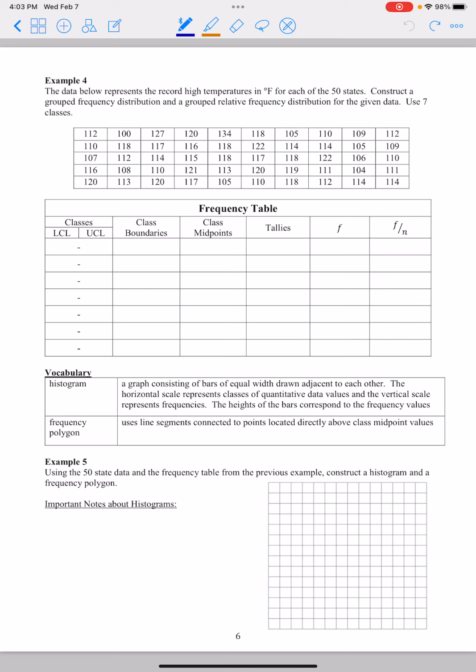Example number 4 is going to look at creating a grouped frequency distribution. So we have a data table that has record high temperatures in degrees Fahrenheit for each of the 50 states. And it wants us to construct a grouped frequency distribution and a grouped relative frequency distribution for the given data using 7 classes. So as we previously talked about in our vocabulary,